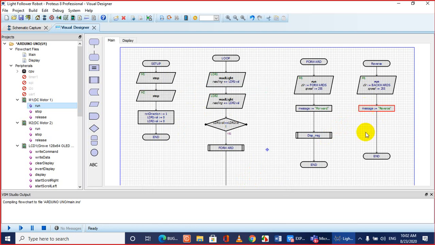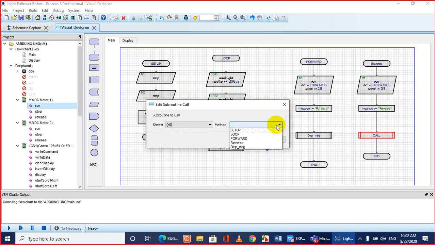So after displaying the message, we call the function display message. We set up the variable message reverse, then we call the function display message. So the reverse message will get displayed.